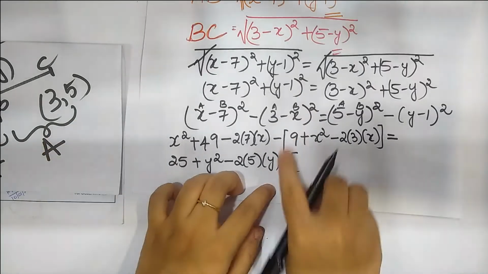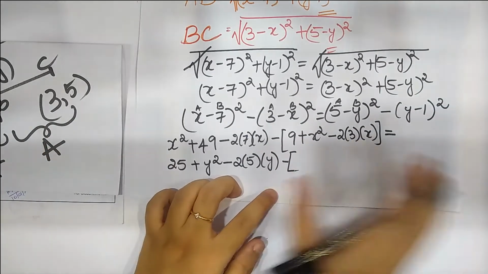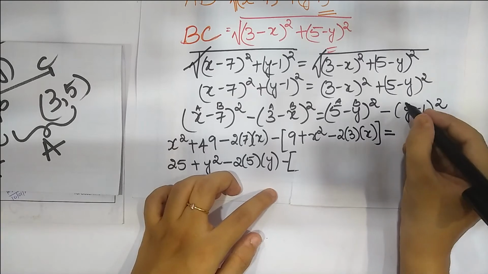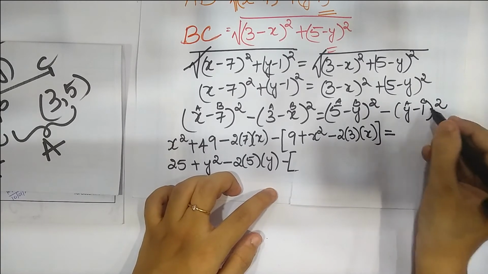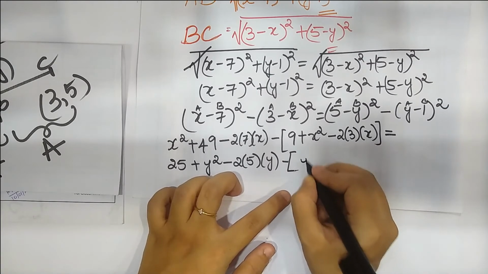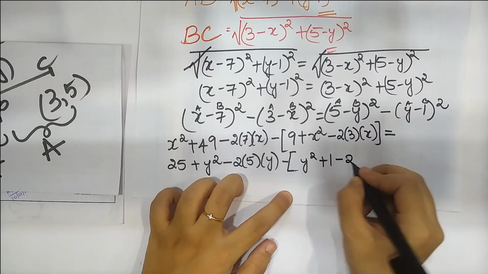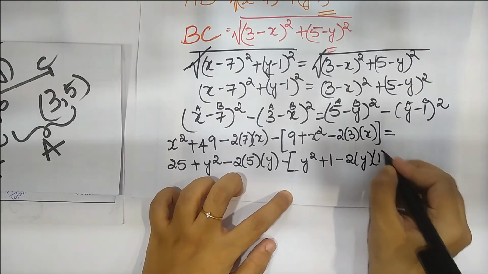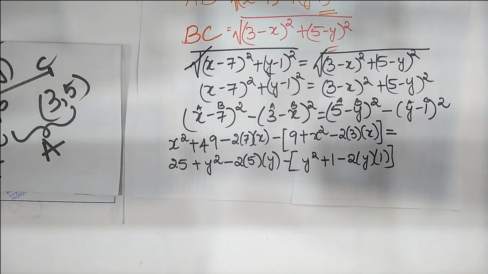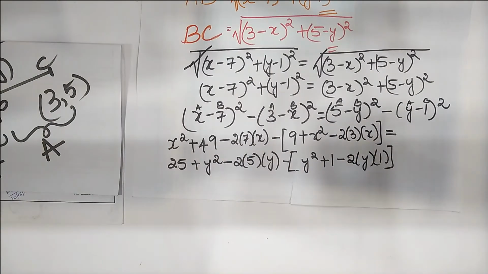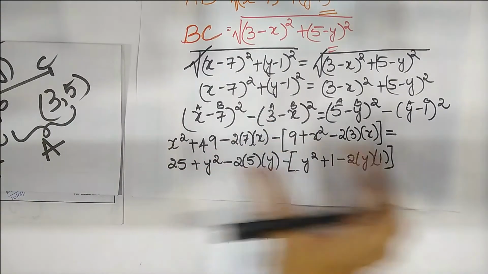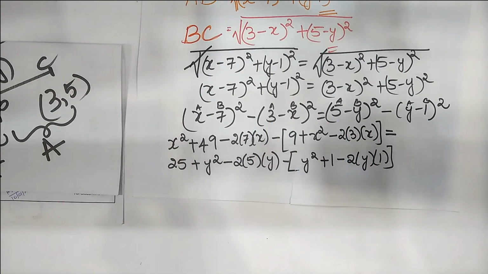We again use the square bracket so that the equation inside, you don't get confused with that. So a minus b the whole square, y minus 1 the whole square, which would be y square plus 1 square minus 2 into a into b. Now we have all of this here. We just need to settle down all the plus and minus.